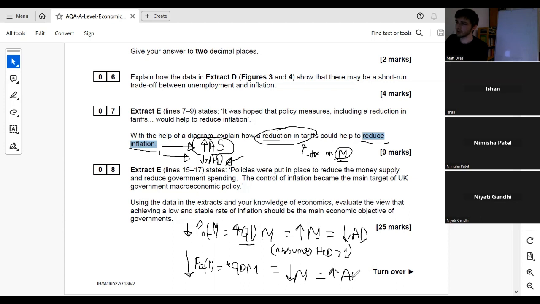So that's a really beautiful and useful advanced analysis evaluation chain for whether the price of imports or exports changing does affect AD in the expected way. You could do this for exports as well.